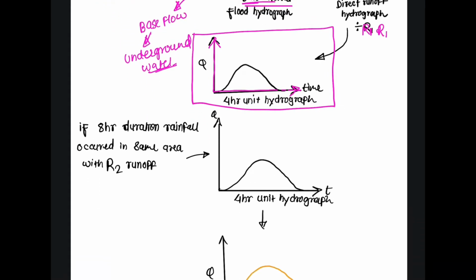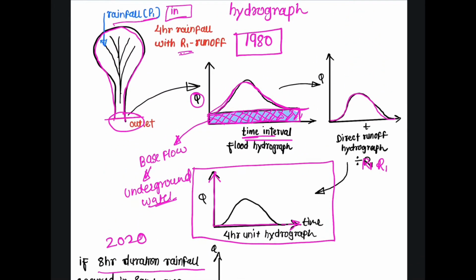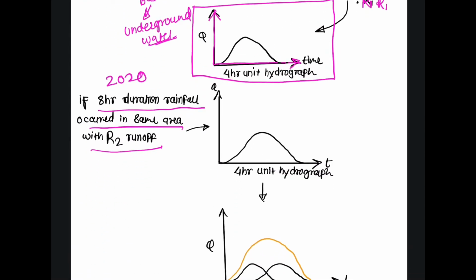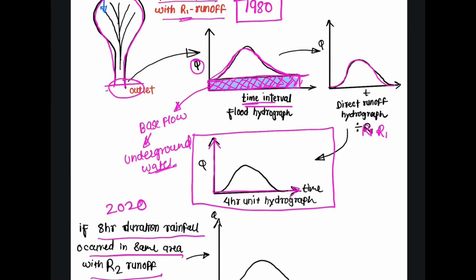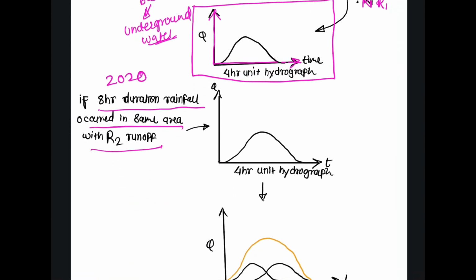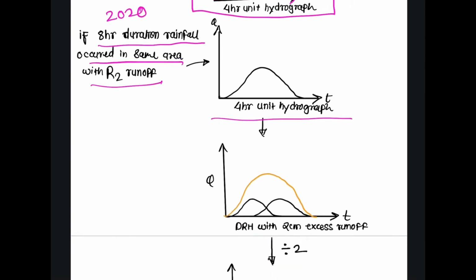Now suppose in 2020, 8-hour duration rainfall occurred in this area with R2 runoff. In 1980, what happened? 4-hour rainfall with R1 runoff. But now in 2020, if 8-hour duration rainfall occurred in the same area with R2 runoff, there is no need to again go to the outlet of the catchment and plot the flood hydrograph again. You can just take this 4-hour unit hydrograph as I have done here,